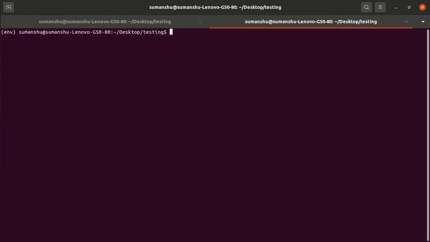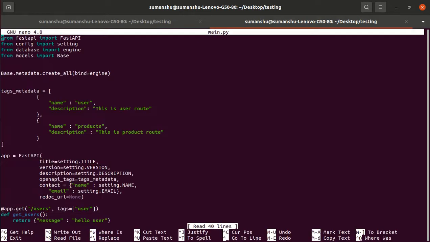I'm still in doubt why we have to import the base class from models.